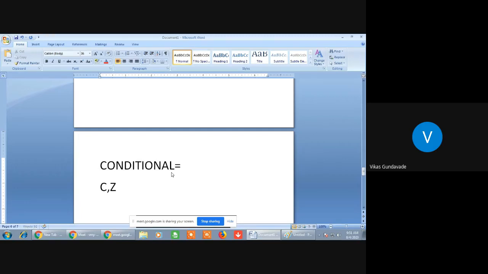So which conditions are available? Carry, zero, negative or positive. These are the different conditions, and depending upon the conditions, the jump instructions are used. Okay, we will take an example. First is JC.